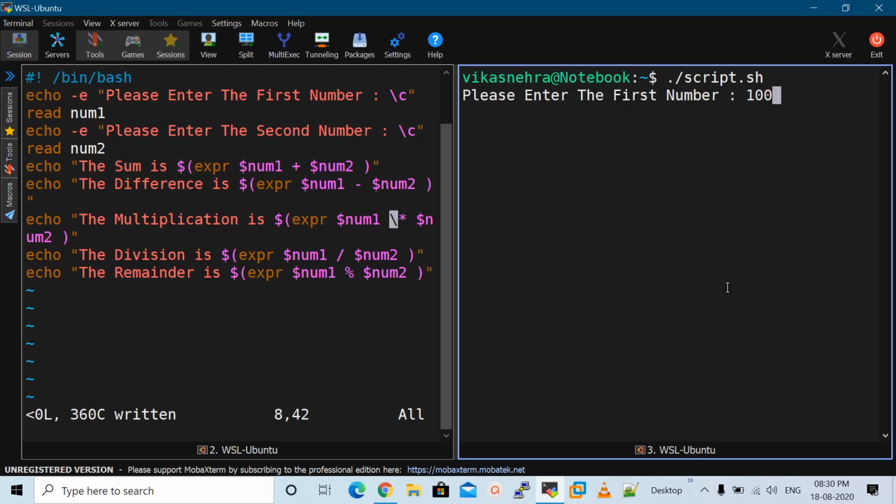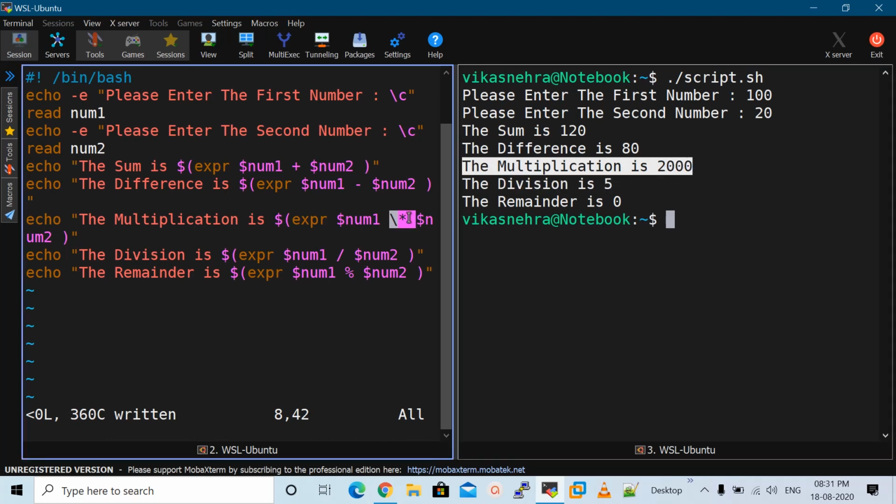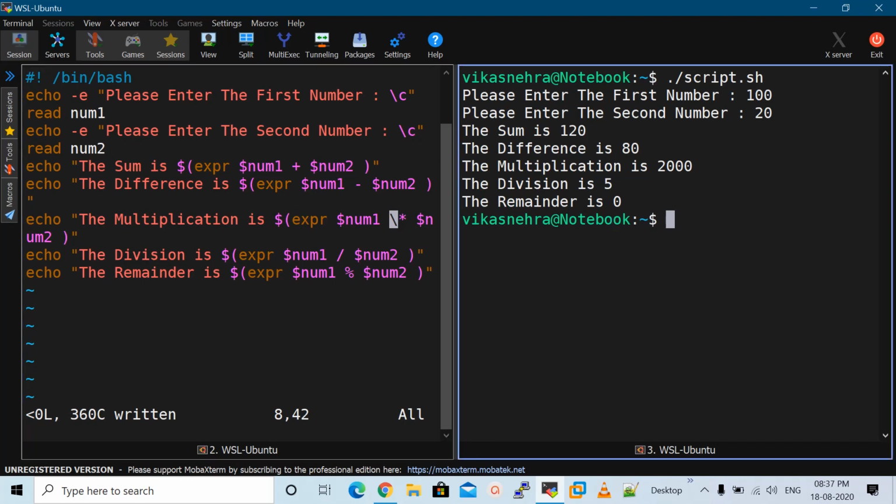Let me mention the first number as 100, second number as 20, and this time you will find that we are getting the result, we are not getting the error. So in order to use the asterisk along with the expr command, we need to mention the forward slash here in the operation. By these two methods we can perform the arithmetic operations in shell scripting only on the integers.